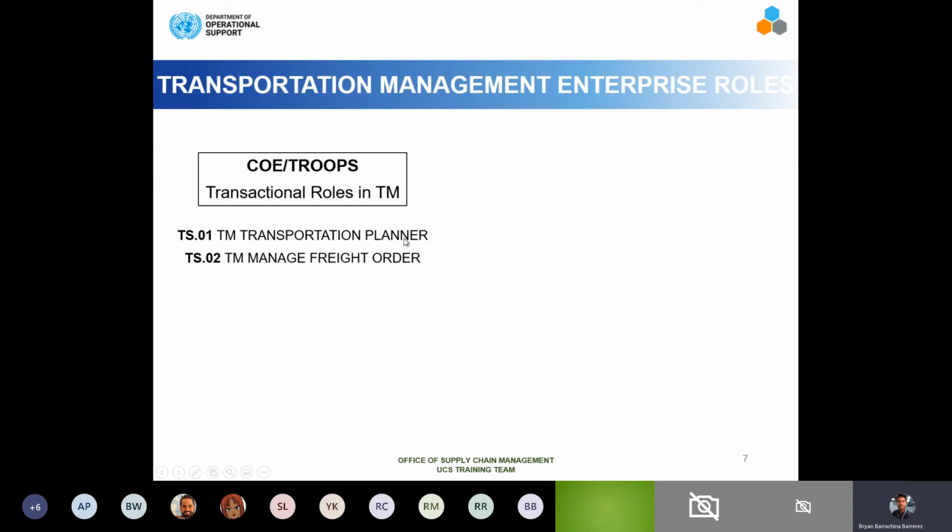So in a nutshell, we're talking about the duties or the actions that the MoveCon staff would have to perform in TM versus the TS02, which is PD for freight, the TM managed freight orders role. If we want to make a separation between the two roles, the first would be more dedicated to planning the transportation, dealing with the Excel load list, and also managing the events, while the TS02 would have to basically manage